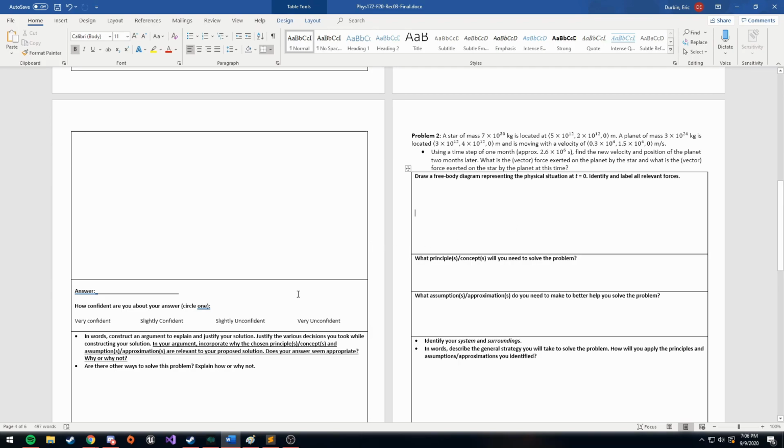So, okay, are you guys looking at the problem now? Yep. It gives us two masses, planet and star, with the position vectors of each of them, and an initial velocity. So step one would be to draw a free body diagram, but that's simple. It's just a planet orbiting a star, and the only force should be a gravitational